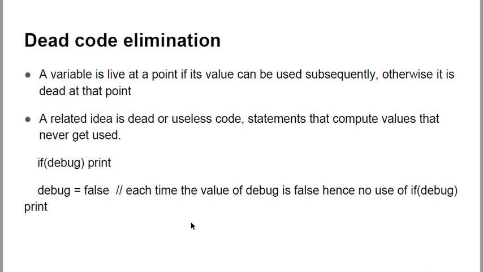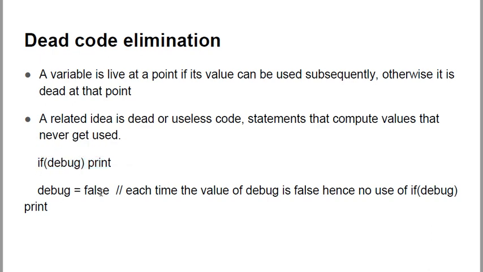So if you see over here this statement, if debug, print, means if the value of debug is true, then print, otherwise not. By data flow analysis, it may be possible that each time the value of the variable debug is always false before the program reaches this line. So the last assignment to debug prior to this, if we check, is always false, then it will never reach this line, because this line will never be printed, it will never be true.